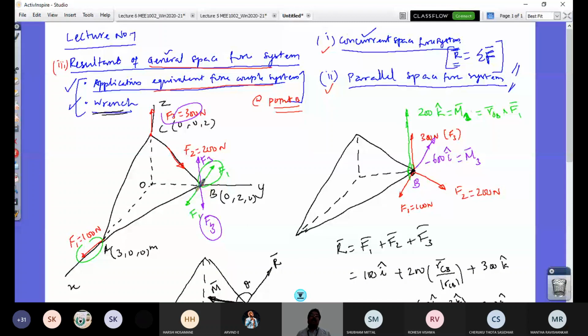So you see, when you take a moment of a force about a point or line, you do not have a collinear component of moment along with this. For example, when you shifted this 300 Newton force, 300 Newton force is this, but its couple moment is perpendicular to this. Similarly, when you had this 100 Newton force, the moment is perpendicular to this. They are not collinear. But if we have a force and a moment which is collinear, that's what is called a wrench.